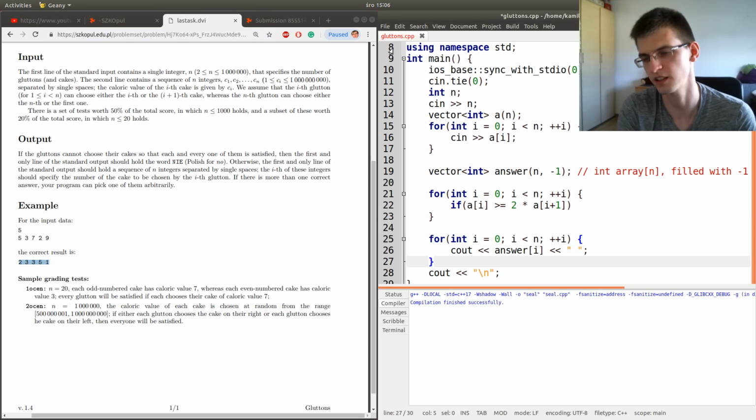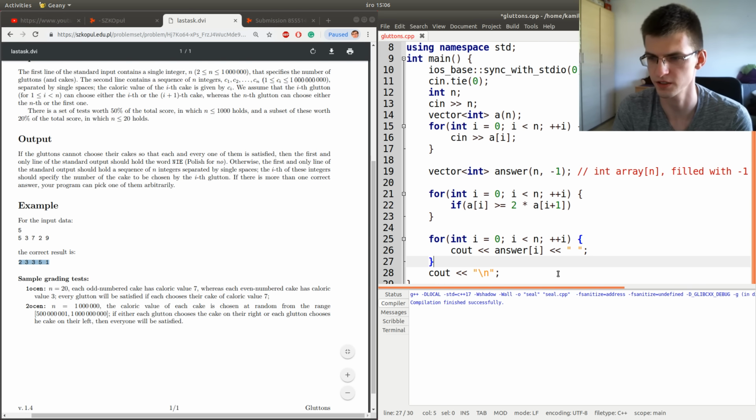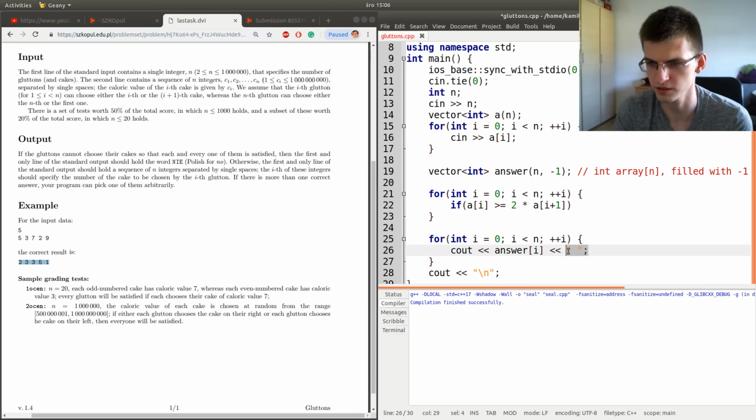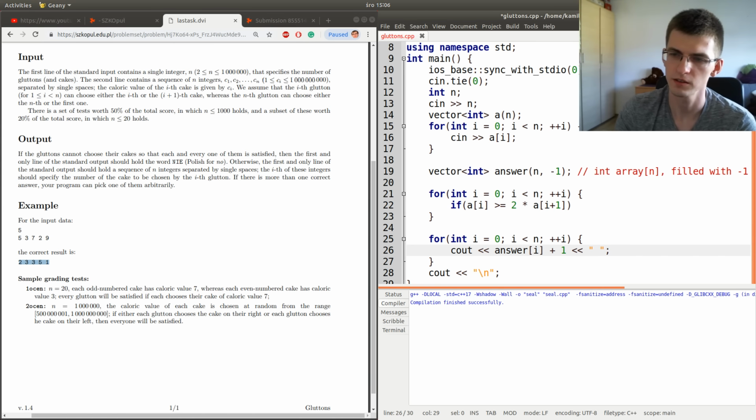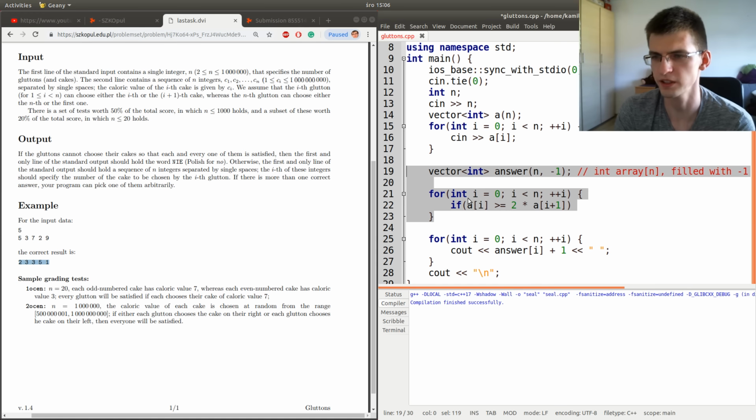But as I said, it isn't an issue in modern judges. So I don't have to write some special if for that. One more thing is that it's better to add 1 here if up to this moment I want to use indices from 0 to n-1.